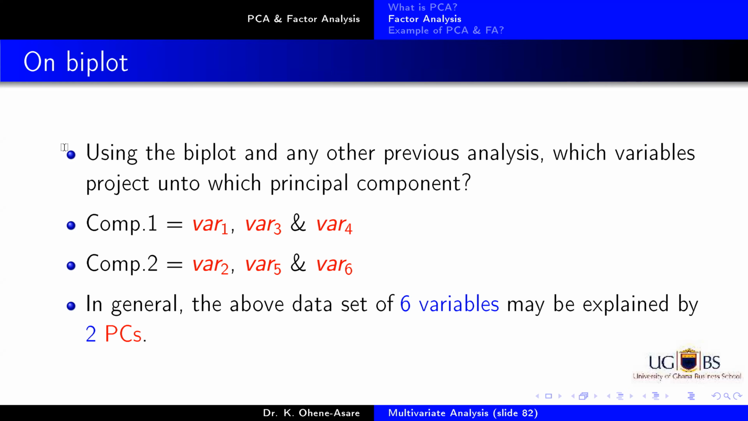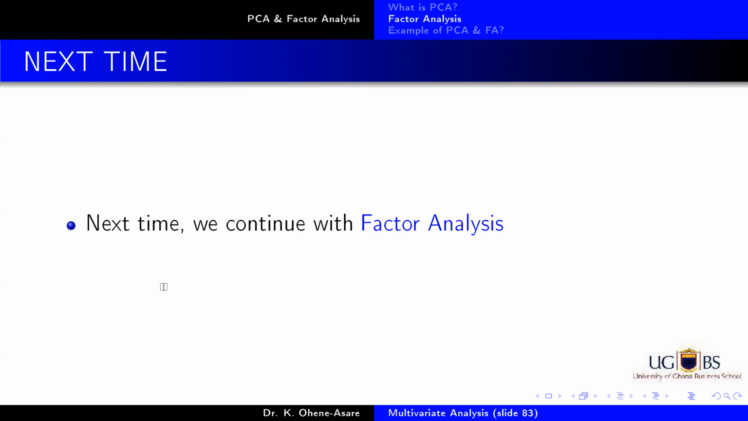And of course, once you know that there are 2 components, now you can give them a name. If it is practical work, you can form a proper name for them. Then you can now go and use this whole thing in a regression. So principal components is like an exploratory analysis, and then you can use it for further regression. Next time, we are going to continue and do factor analysis. So ladies and gentlemen, that brings us to the end of the entire